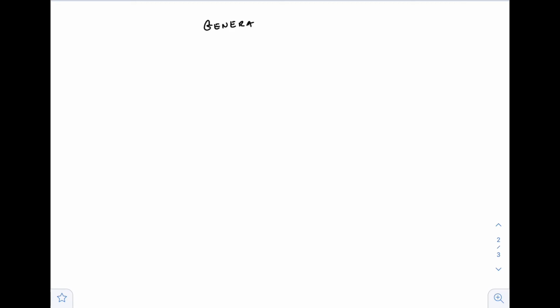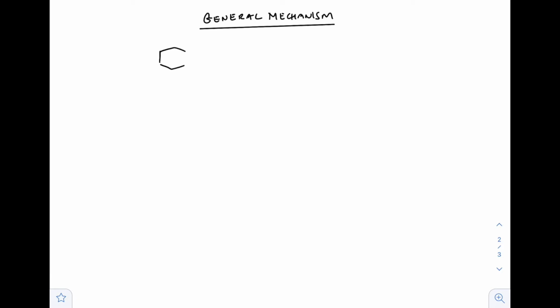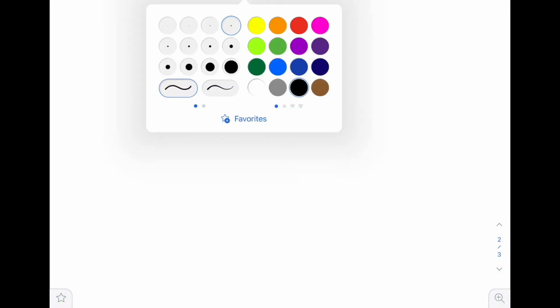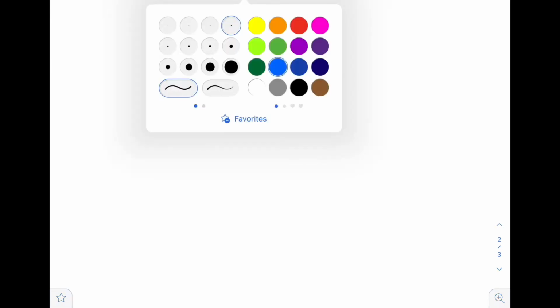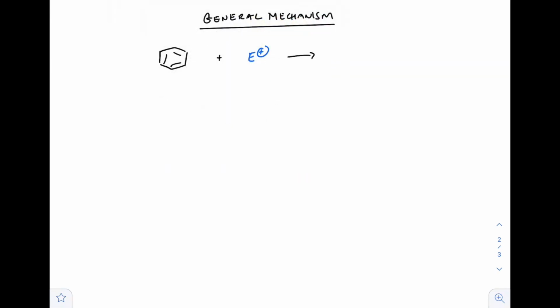So let's go over the general mechanism. The general mechanism is going to help us really understand how all of them work. There are going to be some generic processes, and then there will be subtle, unique processes for each individual reaction, but more or less the process is the same. Okay, and we have a benzene ring with an electrophile I've highlighted in blue,